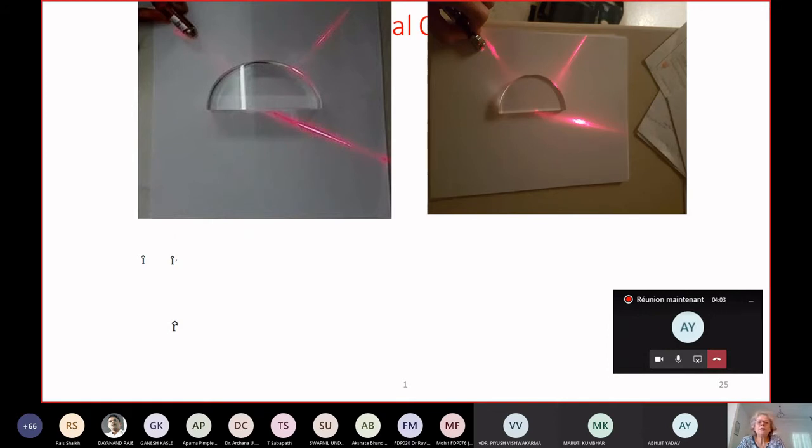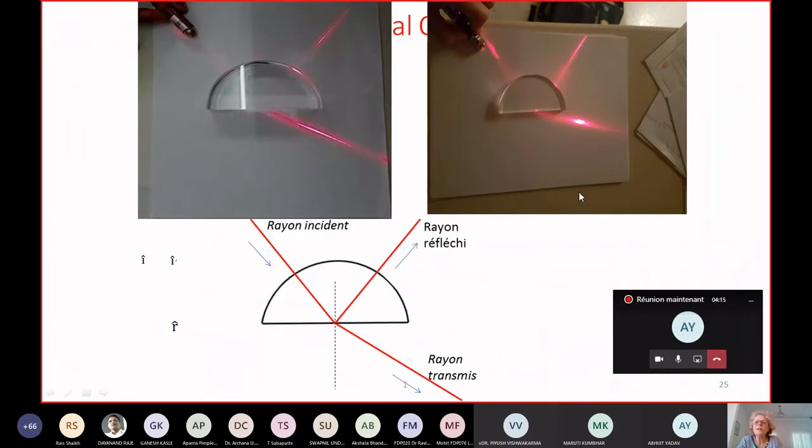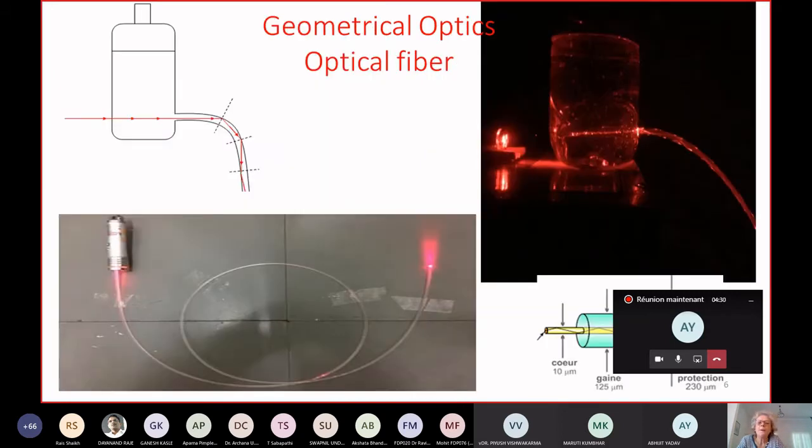They can also see what happens if the light travels from the material, the transparent medium, to the air. They can see that in that case there is an incidence angle here and here, and that there is a limit angle, and they can measure it. After understanding the reflection and refraction Snell laws, they do this very simple experiment